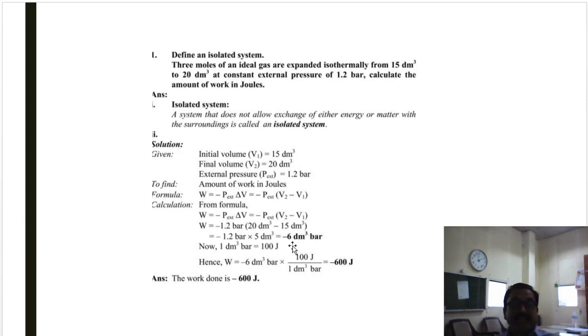आपल्याला 2 नंबरचं एमसीक्यू सुद्धा या प्रकारचं विचारलं गेलं होतं. 1 decimeter cube bar इज नथिंग बट 100 joules. याला 100 ने मल्टिप्लाय केलं की आन्सर आपल्याला मिळते: the work done is equal to minus 600 joules. ओके,